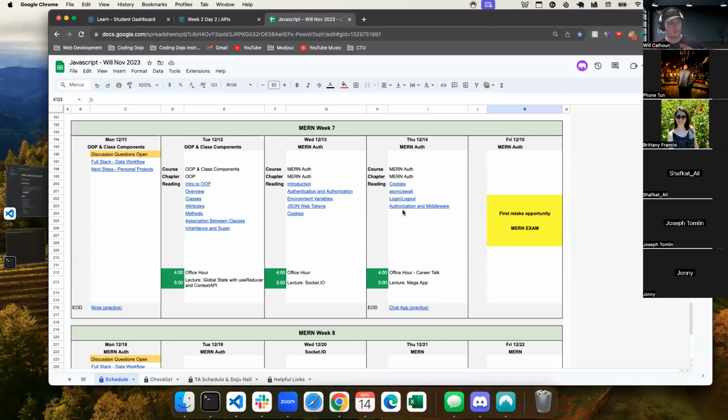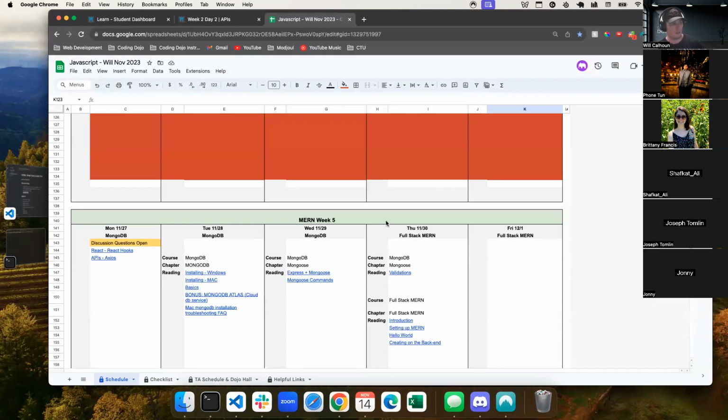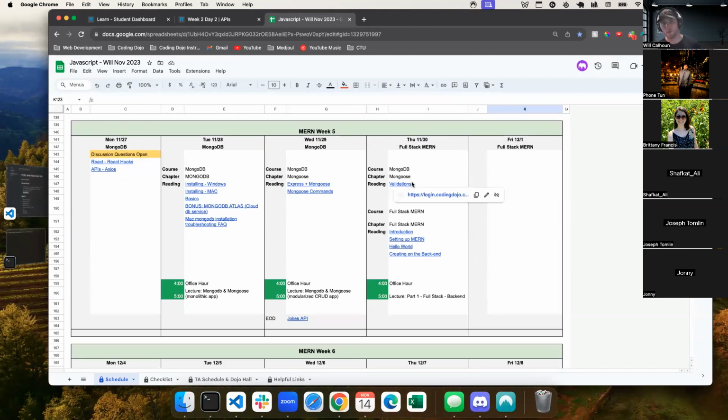So we're going to learn about MongoDB. This week, we are going to be talking about Express and Node. So our backend, we're going to start setting that up. Start dealing with MongoDB, and then week 5, we start our full stack MERN. So I think this is really going to be time where we start piecing everything together. Something Brittany and I were talking about in office hours, that understanding the individual things is easier, not as difficult, but putting it all together, seeing the big picture, which is like I expressed at the beginning of this course, MERN kind of does that. You have to learn all these nuancy things, and then you're like, how does this connect?